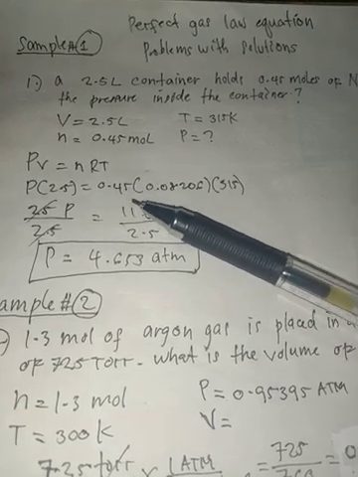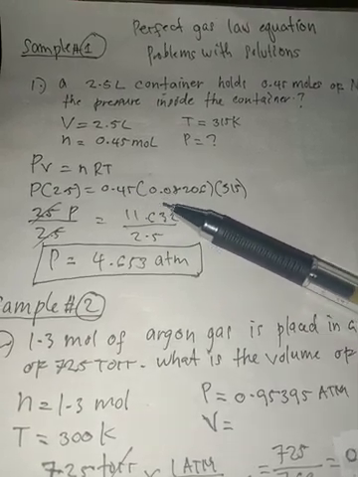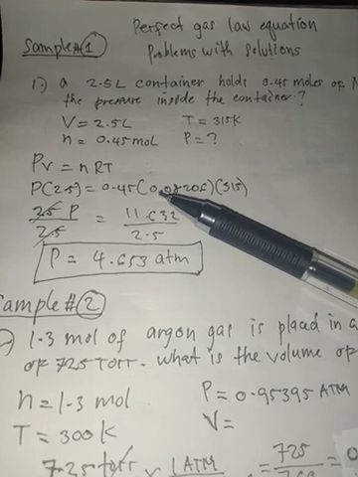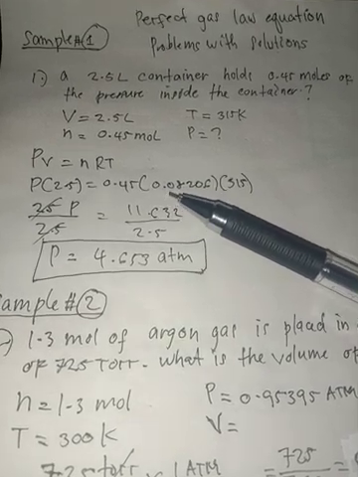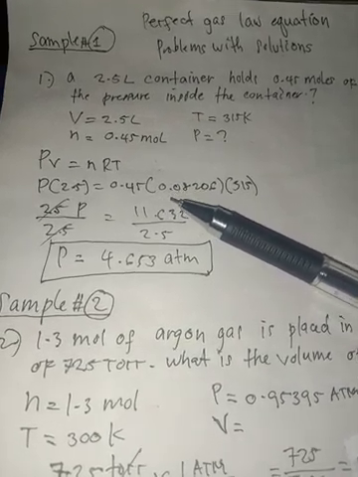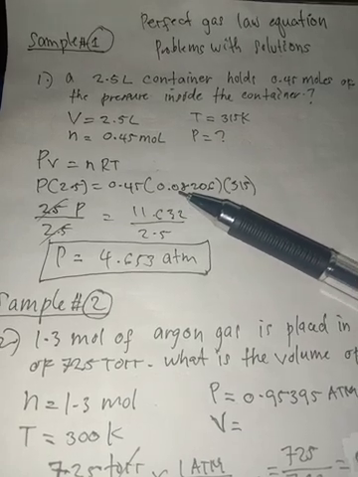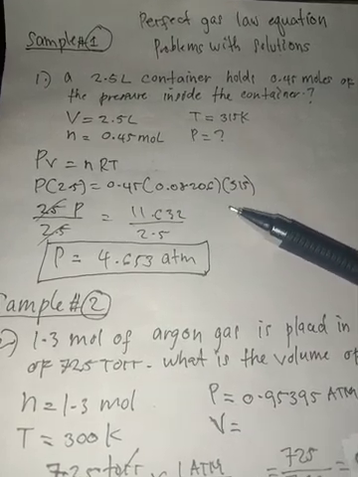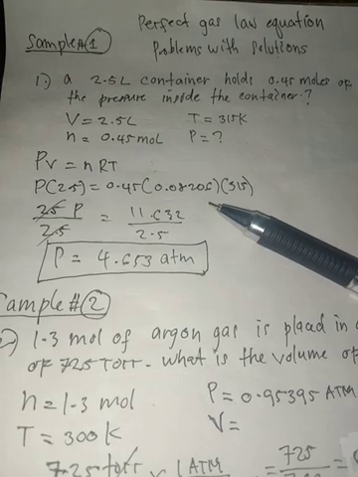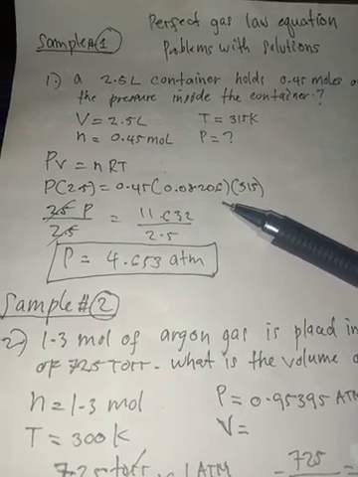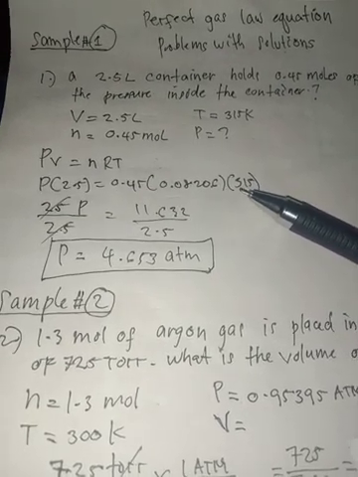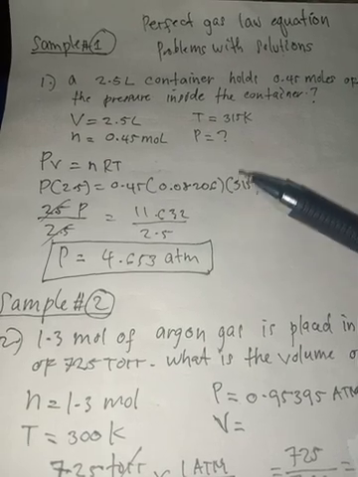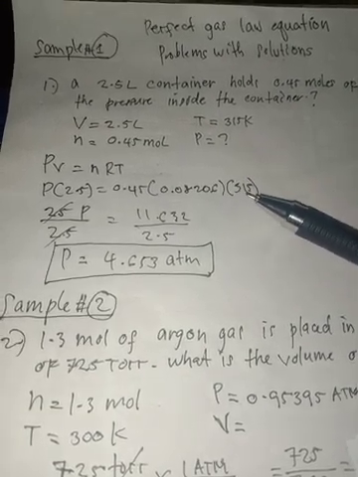Then R is our universal gas constant, 0.08206. That is the value of R, the constant value of universal gas. Times our T, 315